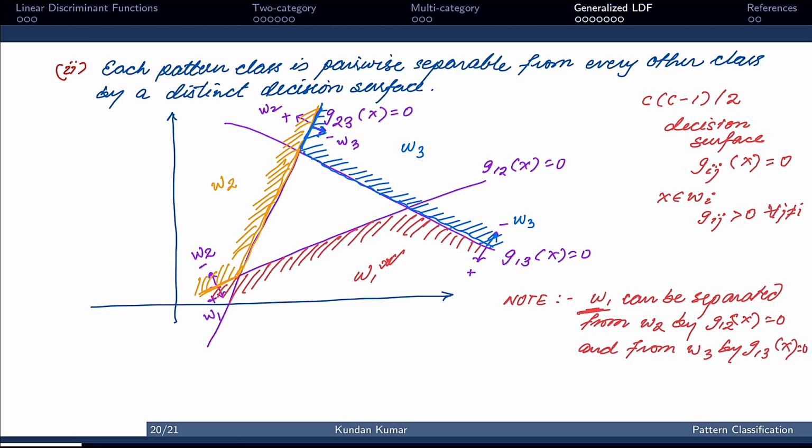So it is very clear here that each pattern class is pairwise separable from every other class by a distinct decision surface, which is very clear from this statement. And in this case we have an ambiguous region here,